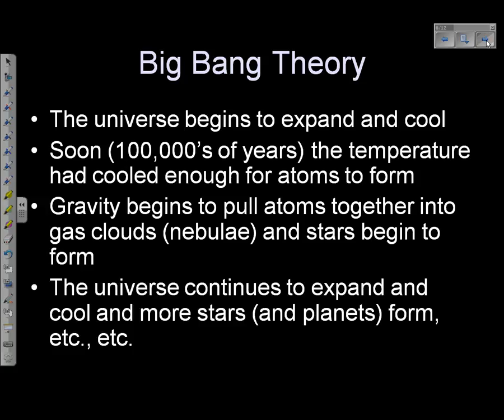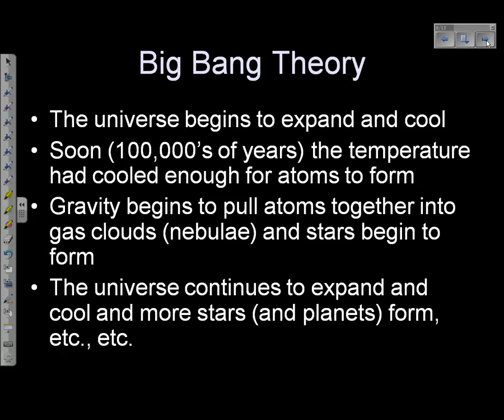So after a while, it tends to cool. It cools down a little more. Blah blah blah. We form stars. We form planets. We form all that good stuff. Atoms don't form until about 1 million years after the Big Bang occurs. So for 1 million years after the Big Bang, it's still too hot for even an atom to form. After about 1 billion years, then we start forming stars and stuff like that. Our solar system, our galaxy formed around about 10 billion years ago.